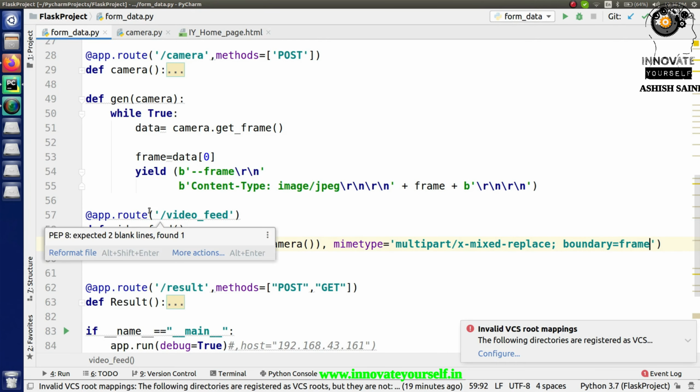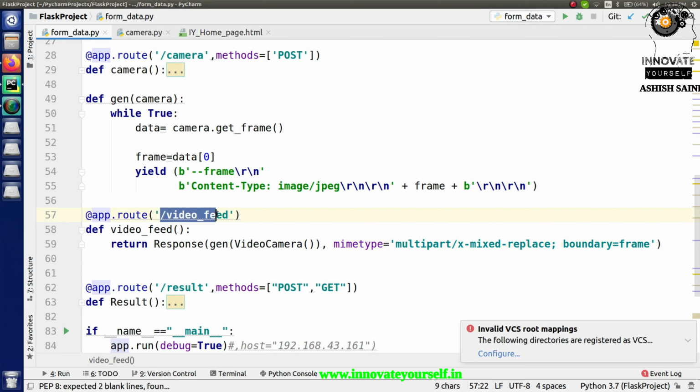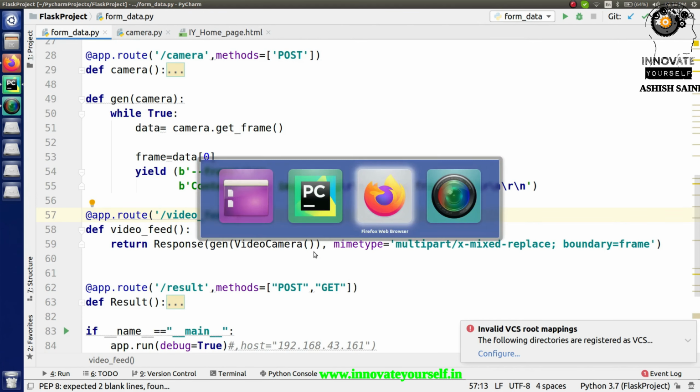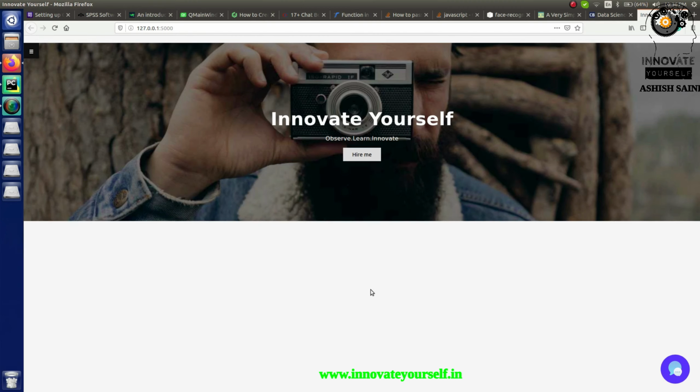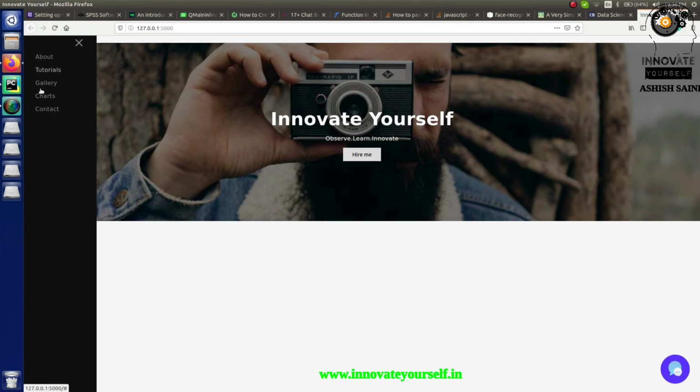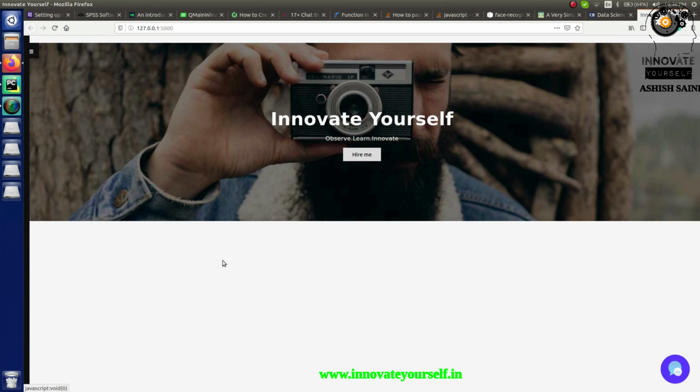And to call this part, I have created a route, so that whenever I call an API with respect to this part, at that time it will display a webcam to you, right? So this is what exactly we have done on the backend part. Now it's time to display on the front end also. For now, you can see we don't have any button created for this, or any link for this part. So to do that, I'm going to add a link, and that link should be added over here so that I can directly call it.